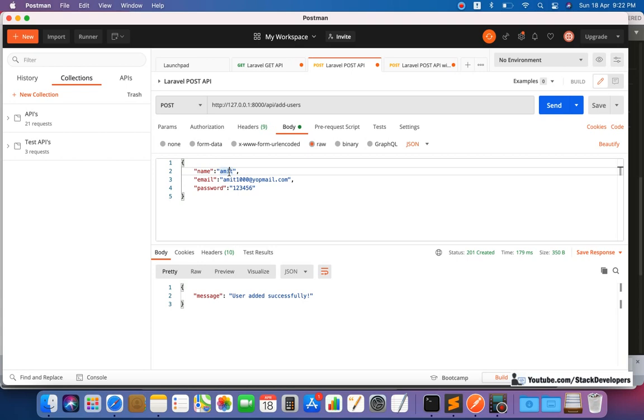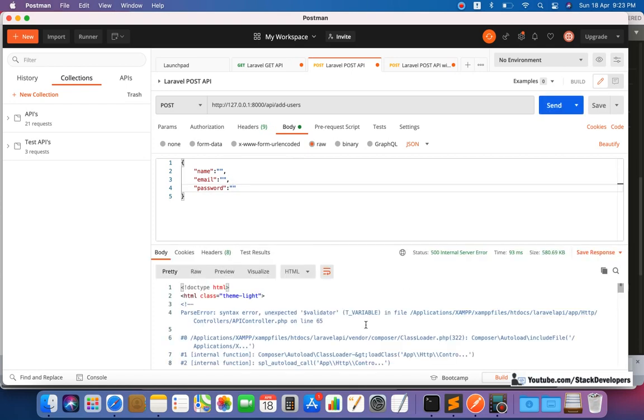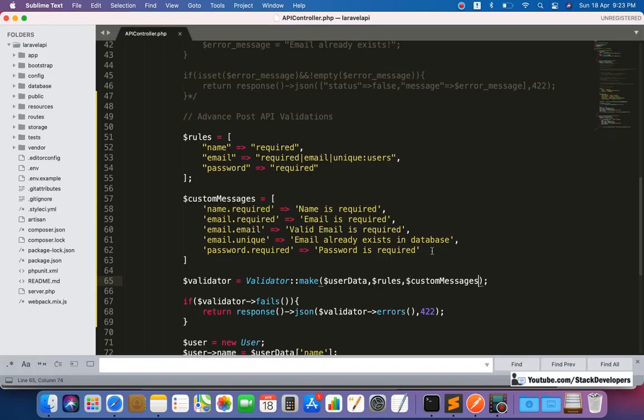See, I'm going to leave name empty. First of all we are going to make all of them empty. So let's see, all custom messages will come up here. Click on send. See here, on Spectre validator on line 65 we have the error message.